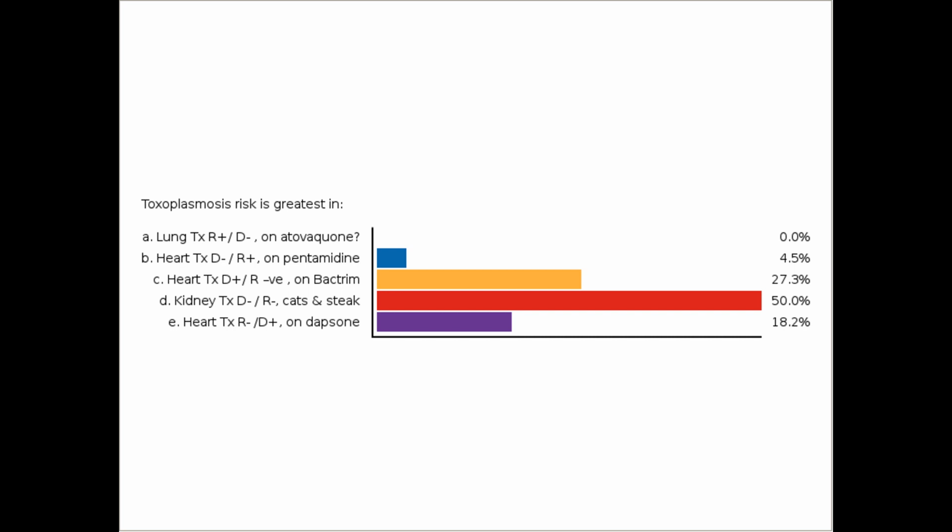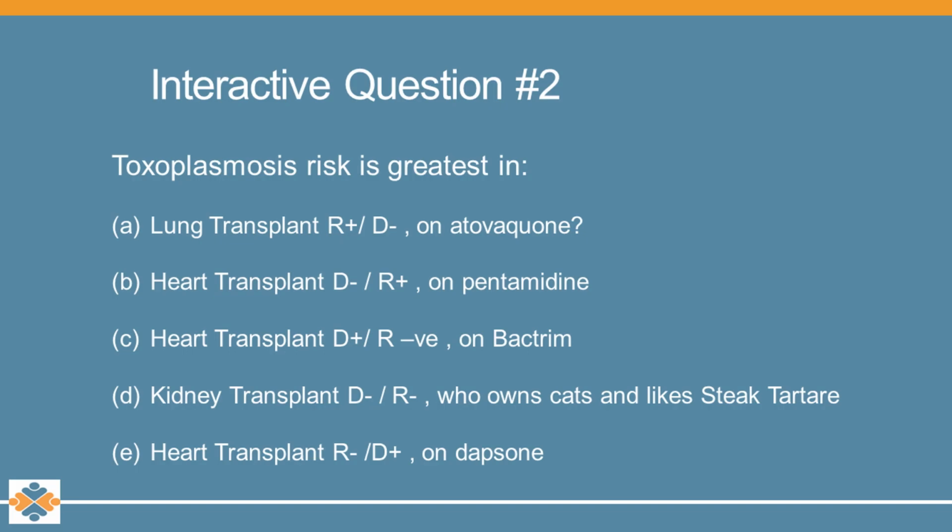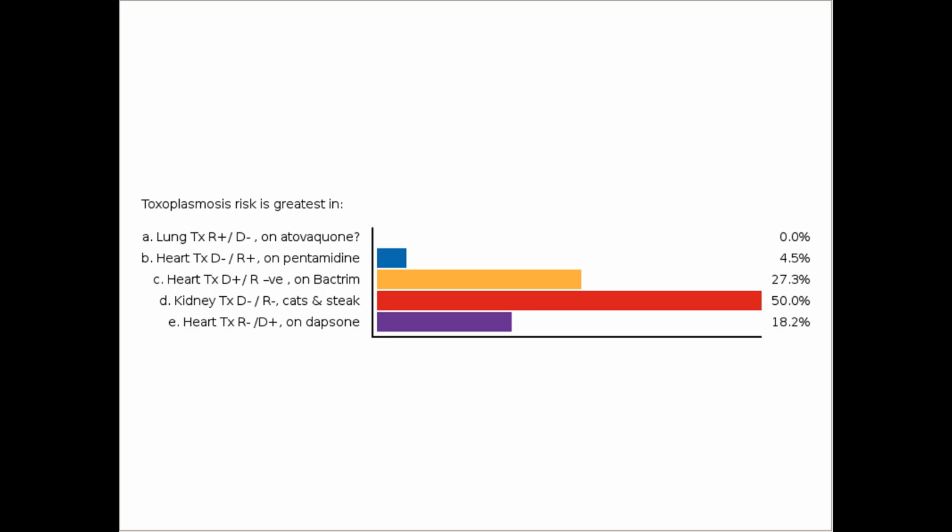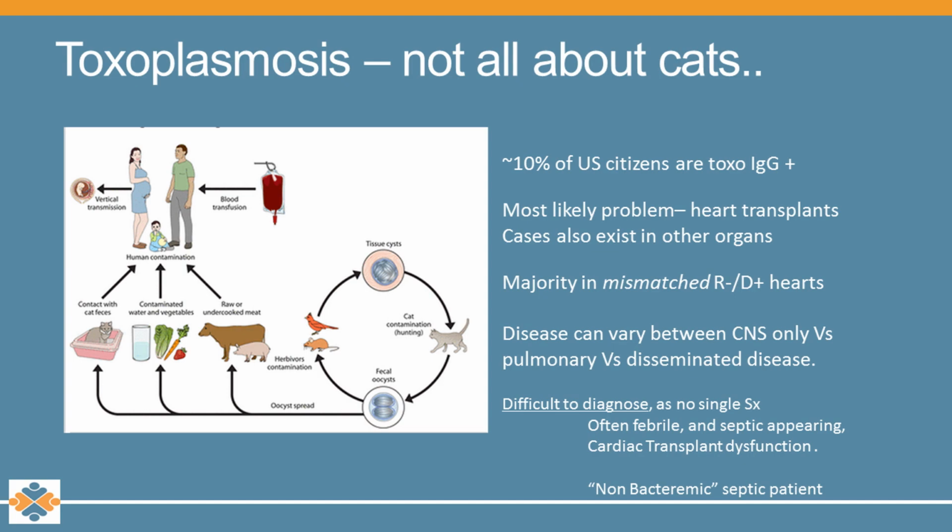So one of the things that we now in fact recognize is that, let me try and go to the slides. We now have the opportunity to test for toxo, and are testing all of our donors. So for those of you that know that you have a recipient who's seronegative and a donor that's seropositive, especially for the hearts, they are the greatest risk. And typically many heart transplant centers will be using Bactrim anyway for PCP prophylaxis. It's got a great protective ability against toxo.